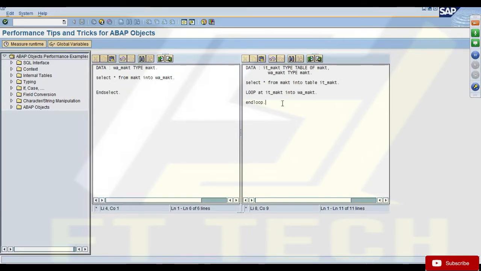Whereas if I use an internal table, first I'll bring the data to my internal table by using this into table addition. Then I need to loop that table, and within that loop and endloop of the internal table, I can use the write statement to print the output. So if I write between select and endselect and write between loop and endloop, it will give me the same output, right? Let's see what's the difference in runtime.